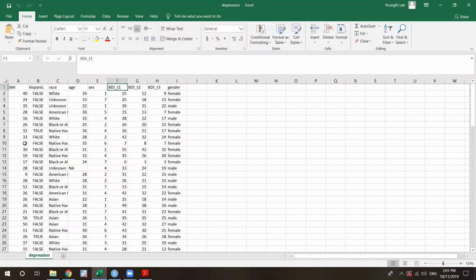Can you find the folder that your file is in? Okay. I don't know where it is.